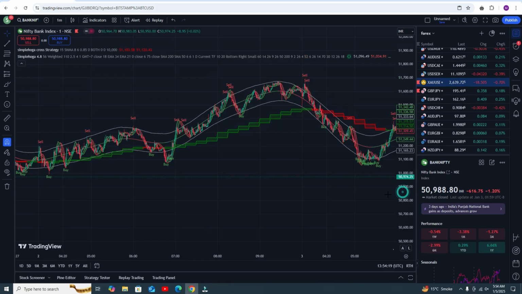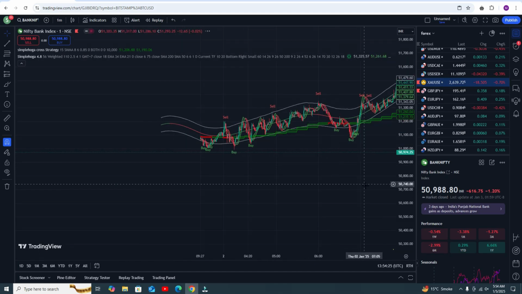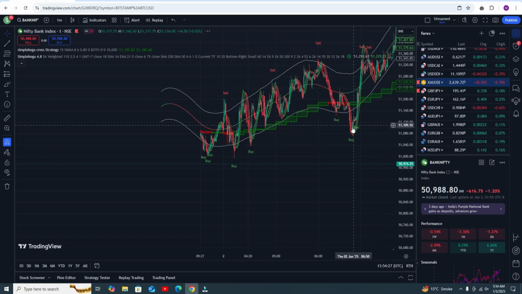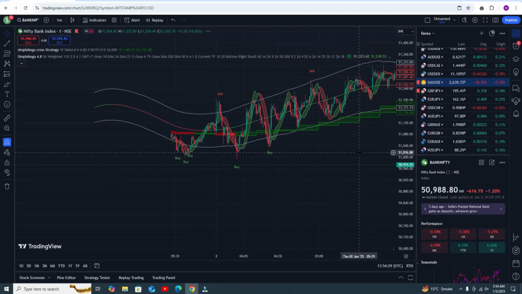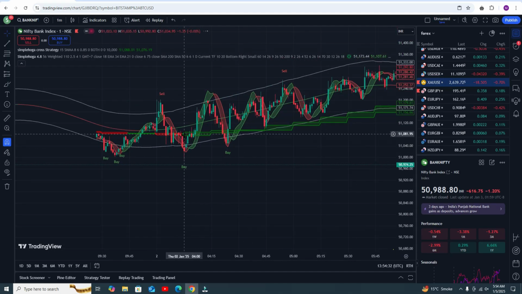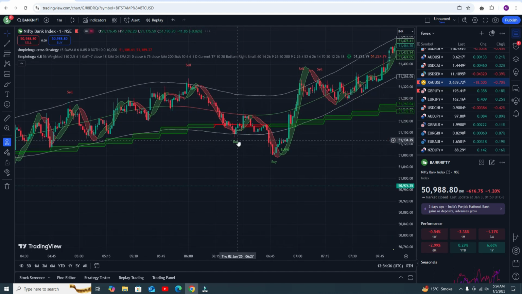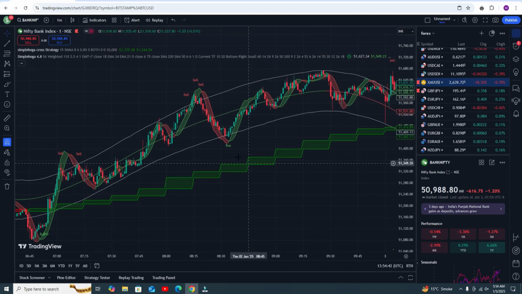Okay, so that actually is not bad news at all. Why? Because, let me show you. Green one, go to the buy trade. Okay, and red one, you need to follow the sell signal. But here you can see green, go to the buy trade.